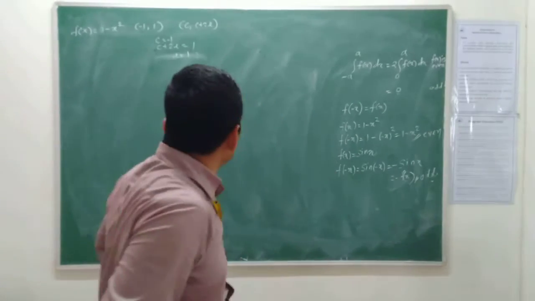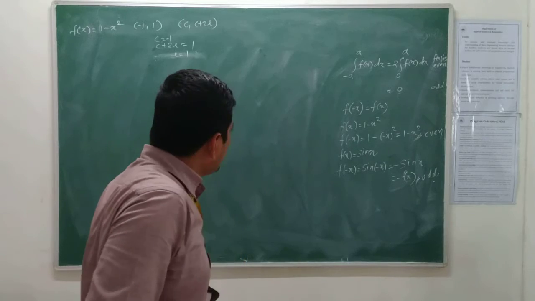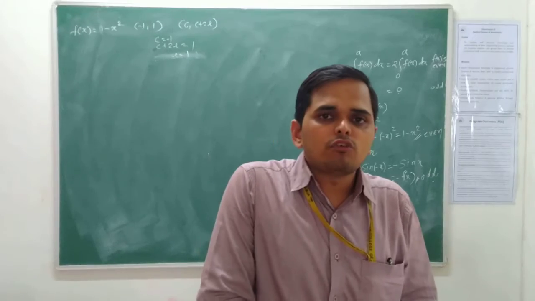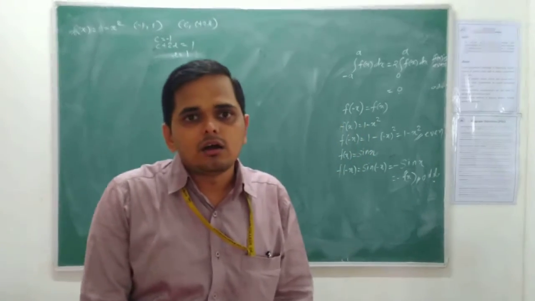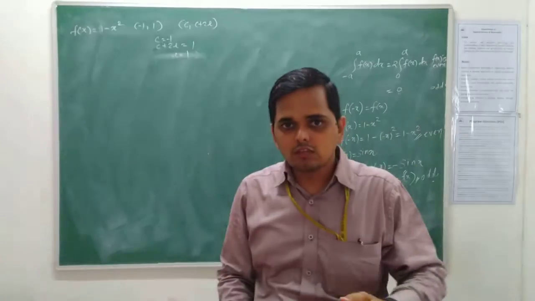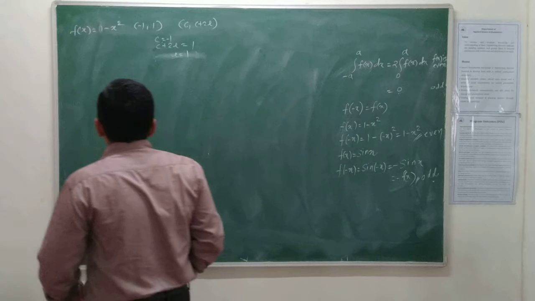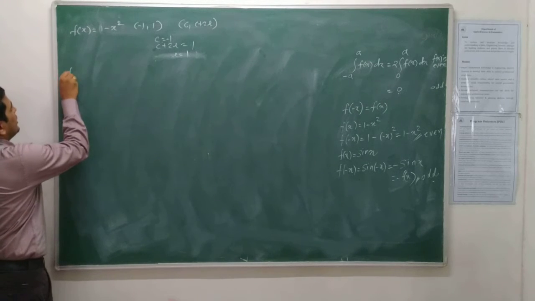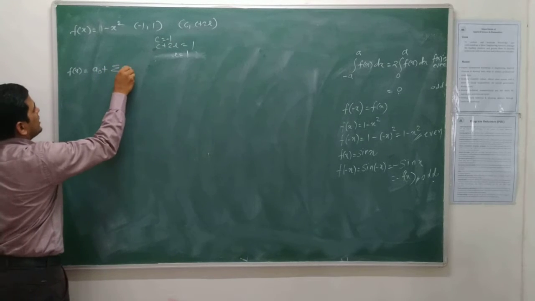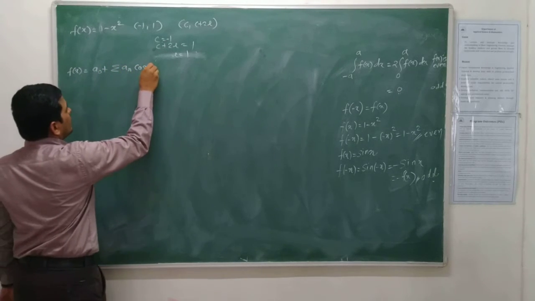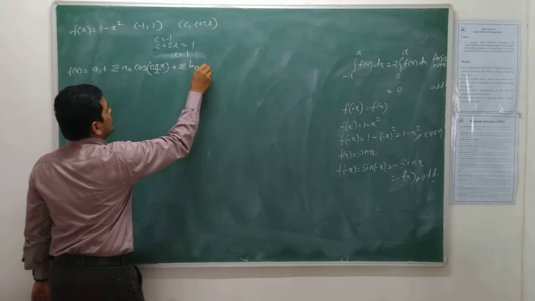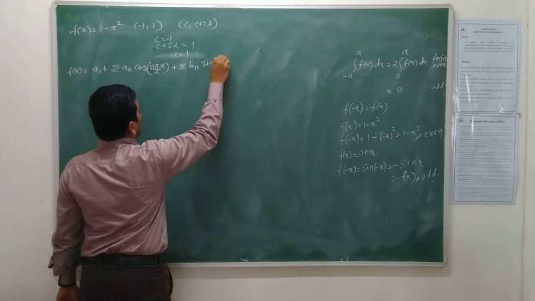Now we are just going to see this particular problem. Actually, I am interested in defining only the concept of even and odd functions mainly and their characteristics. But how it impacts while solving this question is also an important part from the examination point of view. So hence, I will write the Fourier series as f of x is equal to a0 plus summation an into cos n pi x upon L plus summation bn into sin n pi x upon L.